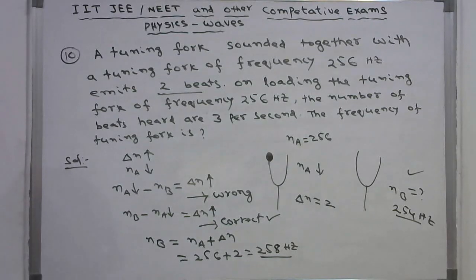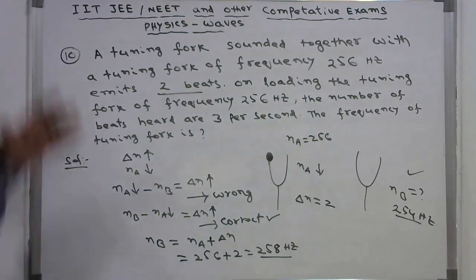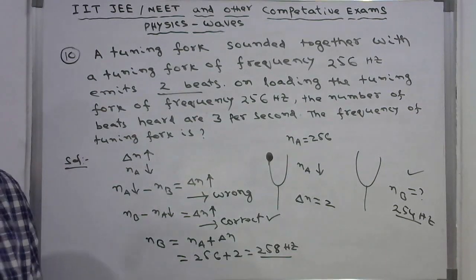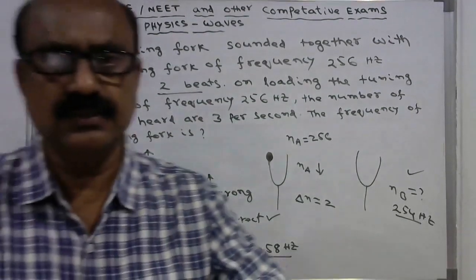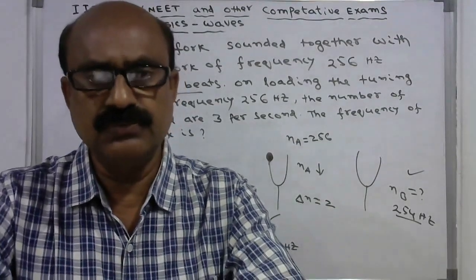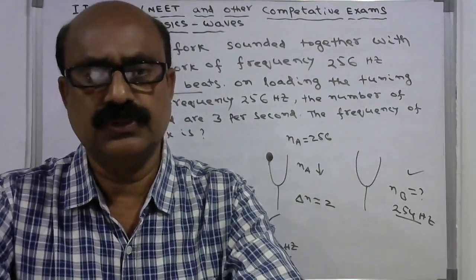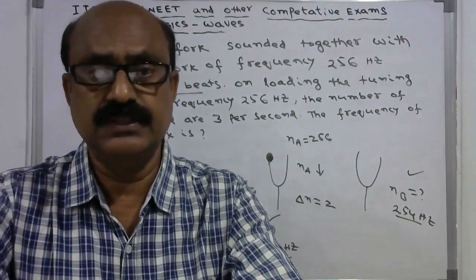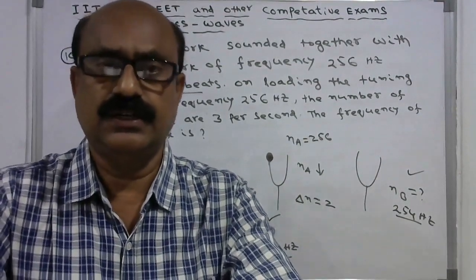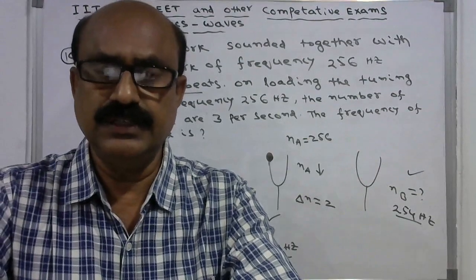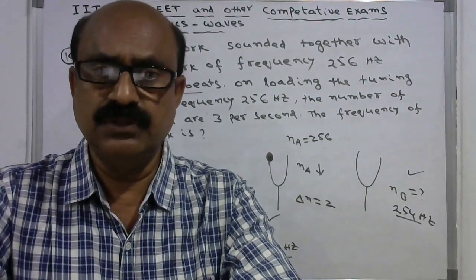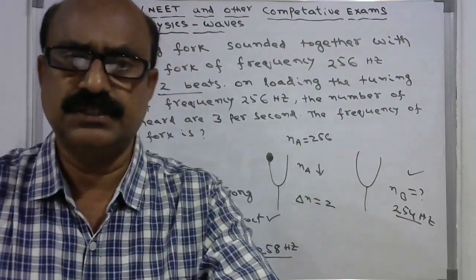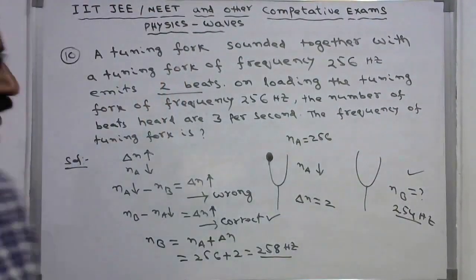So this is the way in which we have to solve the problems, basing on whether the waxing is done to the known tuning fork or unknown tuning fork. That is what you have to observe, whether the frequency raised, increased or decreased, becomes 0 or remains same. All these 3 cases are same. You have to take into consideration.